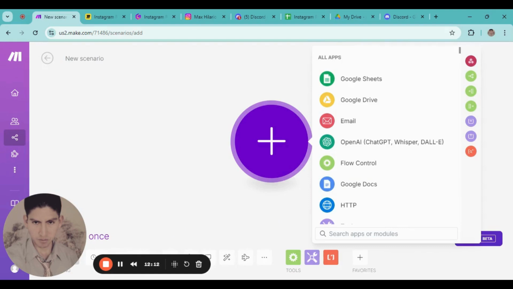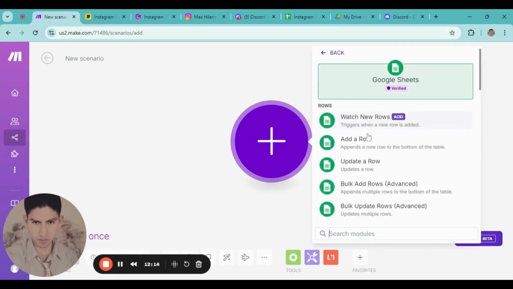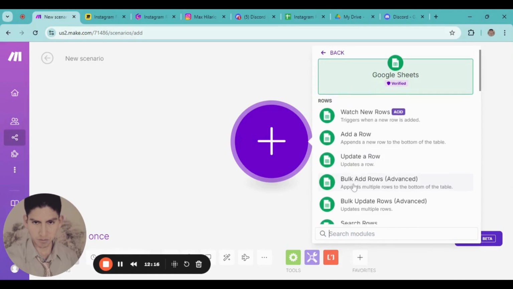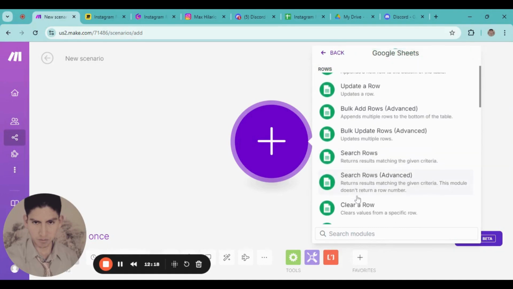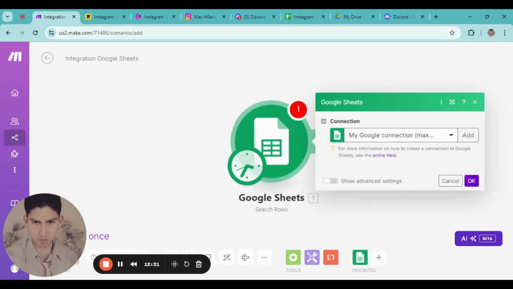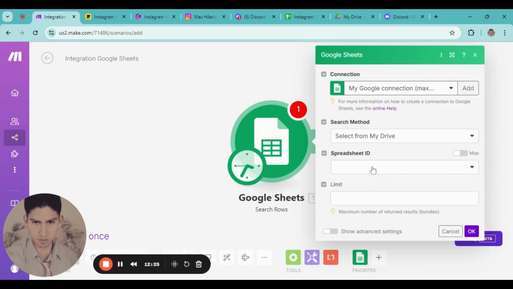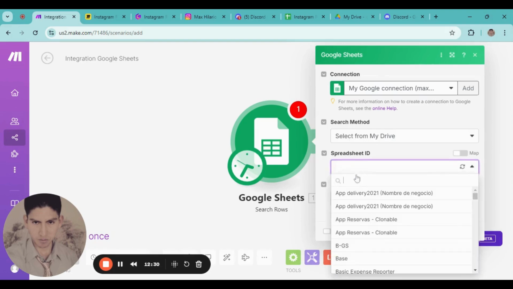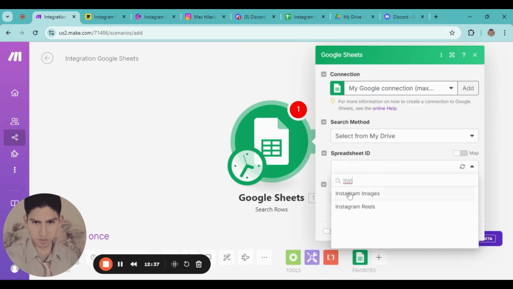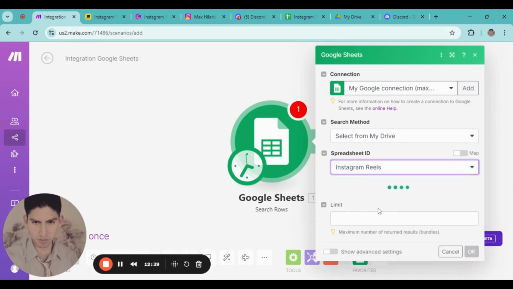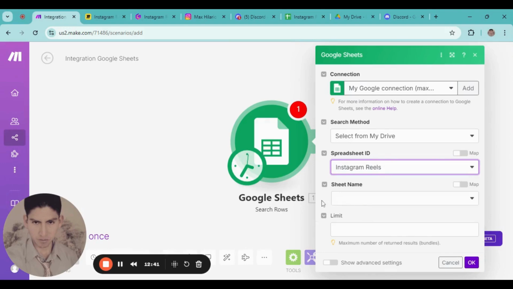Well, now go to Google Sheet, and here we're gonna search rows. Spreadsheet ID, we're gonna look for Instagram Reels. Sheet name, sheet one,